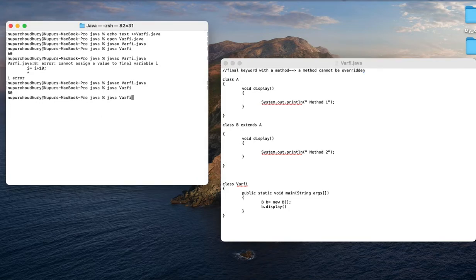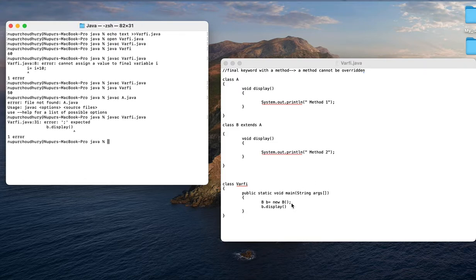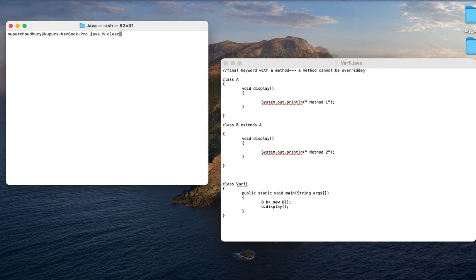So here what I'll do, I will compile this particular program, let's say A, okay. So when I'm doing this, I have the same, okay. So now there is some error, yes, the error is here, I have forgotten this, okay. Now let me compile this, it should give me no error, yes, it is giving me no error, and then I will execute this, which is Java varphi.